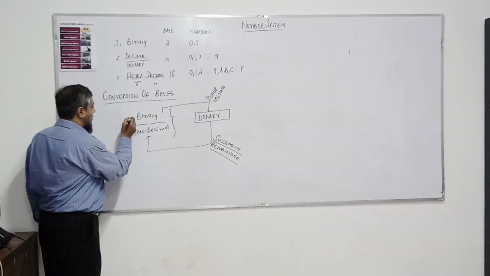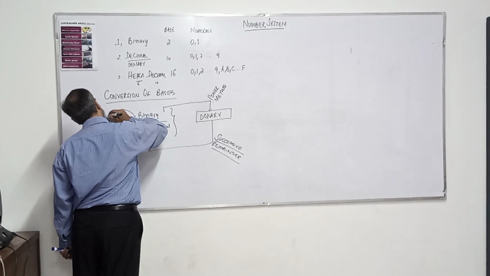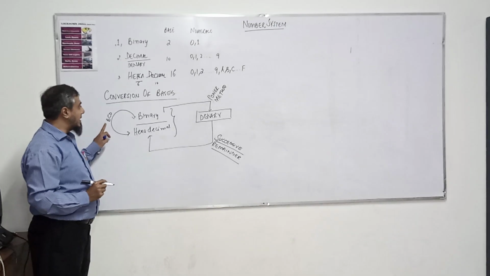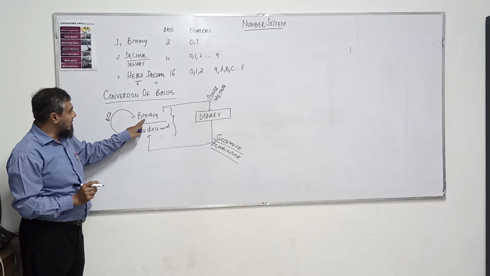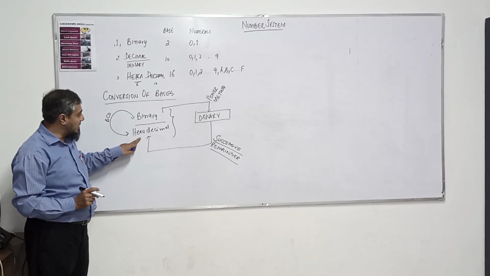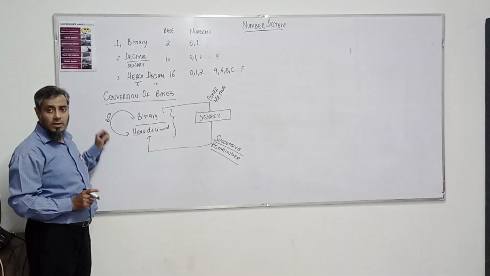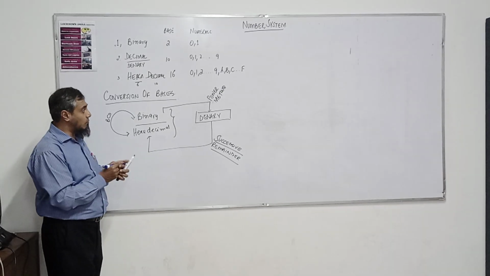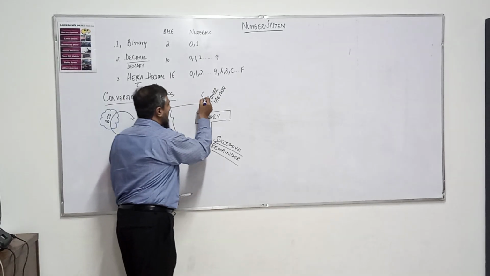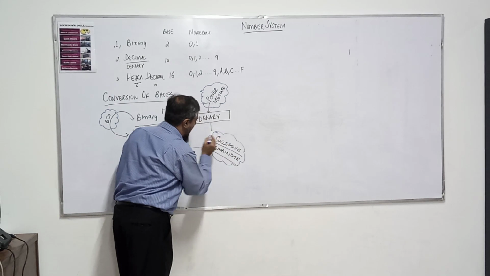We'll discuss these methods today. If the value is given in binary and you want to directly convert to hexadecimal, for this we have one method that is called BCD, binary coded decimal. This will be used to convert from binary to hexadecimal or hexadecimal to binary. So we'll discuss three methods today. The first one is BCD, the other one is the power method, and the third one is the successive method.